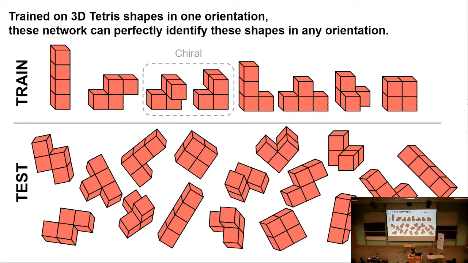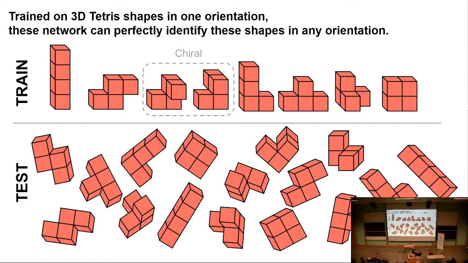Well, let's say you have a bunch of 3D Tetris shapes. These are, in fact, all the unique ways that you can stack 4 blocks in 3D space. And interestingly, 2 of these objects are chiral, meaning that they are related via inversion symmetry. So you can look at the radial distances between them, and it's the same. You can only distinguish it using angular information.